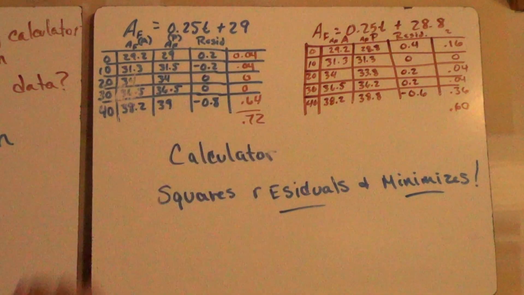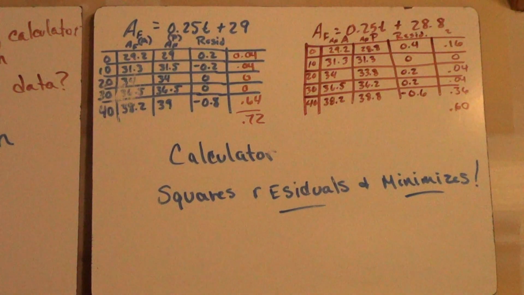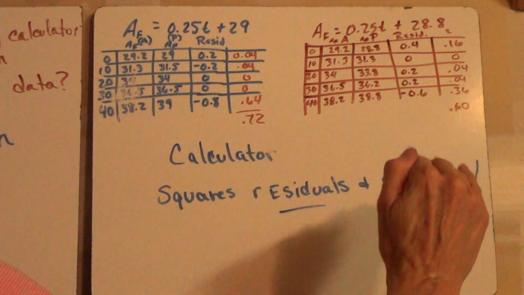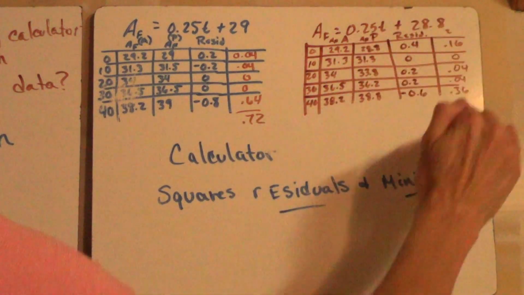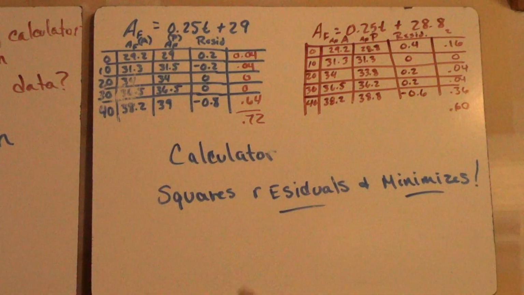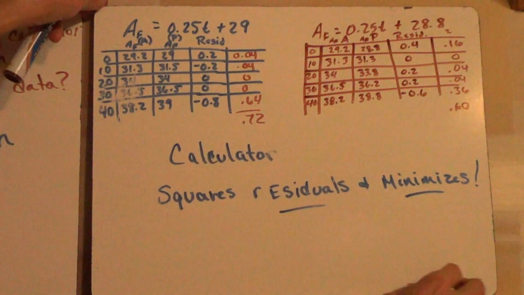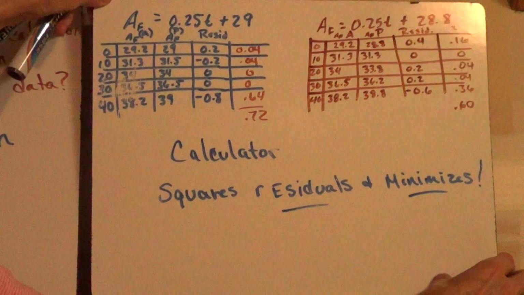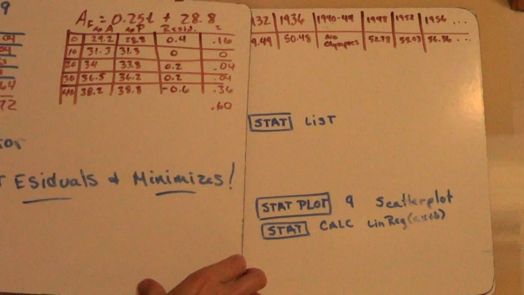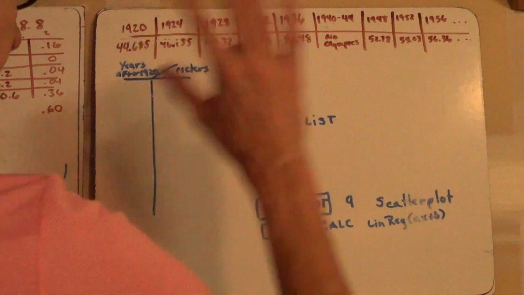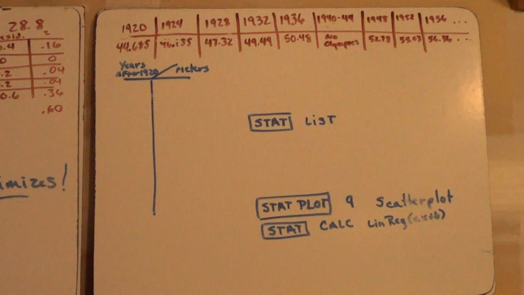And yours would have been 0.72, so the calculator would have favored this line and would have seen if it could have gotten it even more minimal. So you can see how accurate it's getting and how much calculation is going into the line of best fit there. Okay? So tomorrow when you come into class, you're going to be given data, and I suggest that you